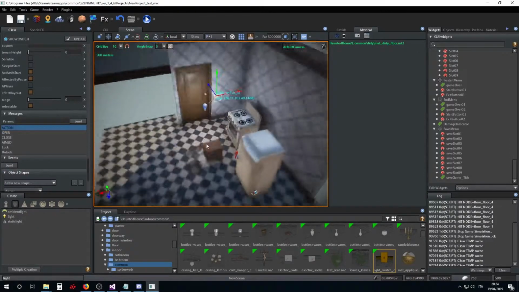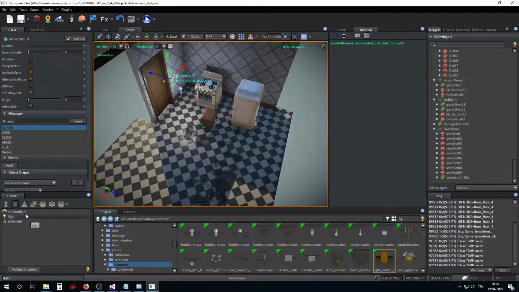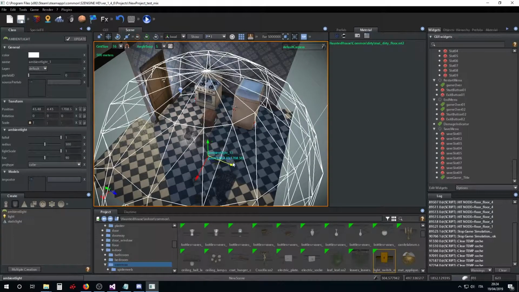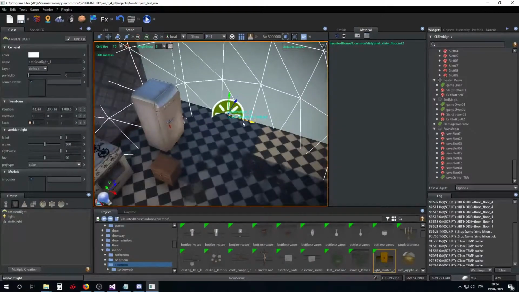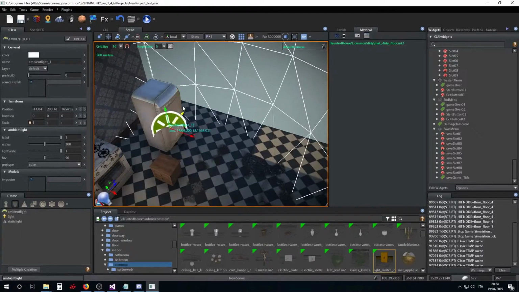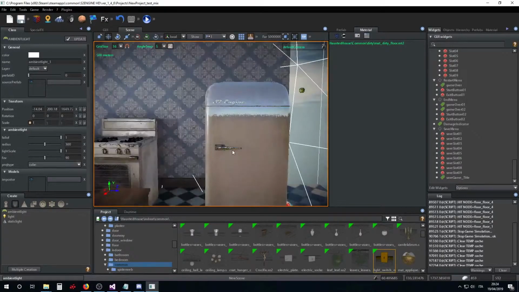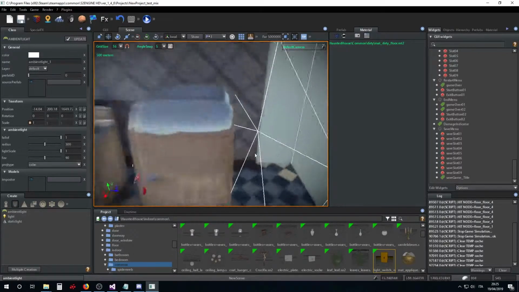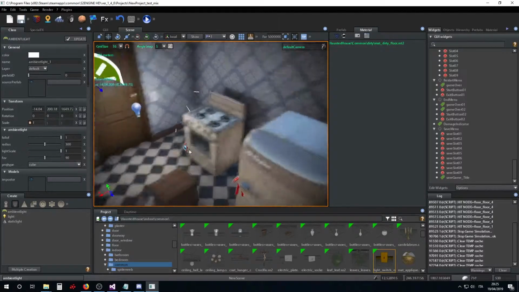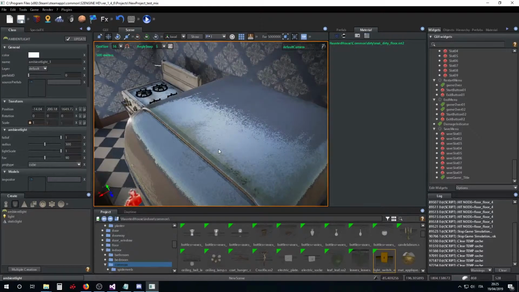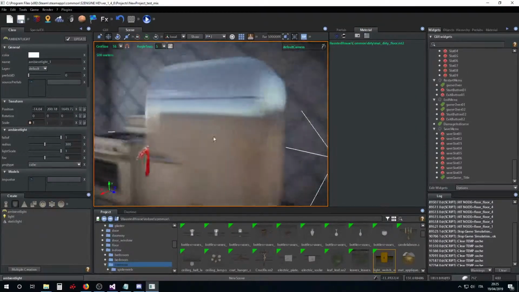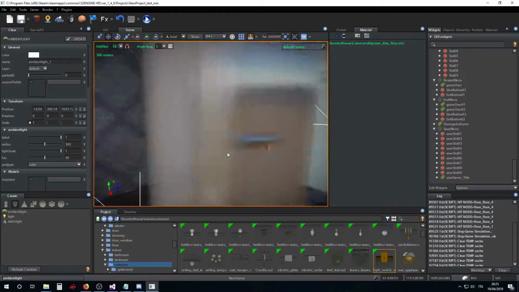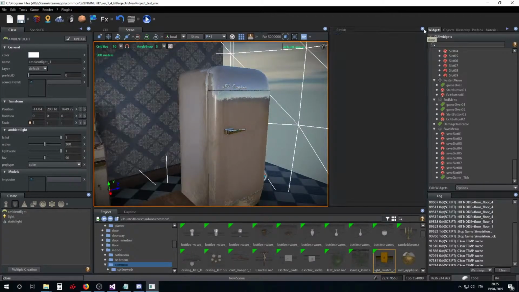For example, if I insert an ambient light here, I want, for example, the refrigerator to reflect the environment. Okay, by default,